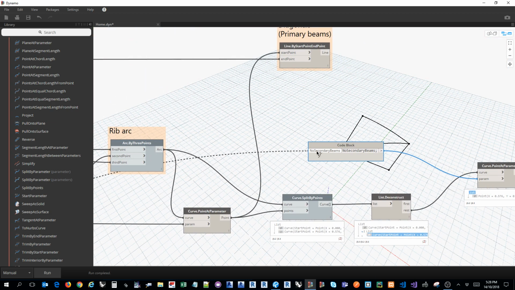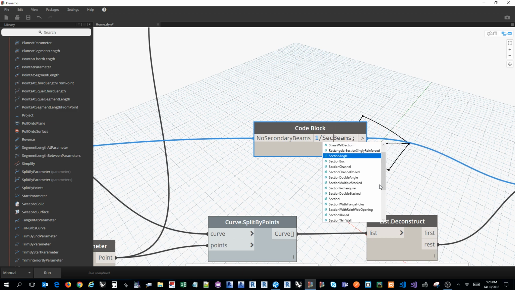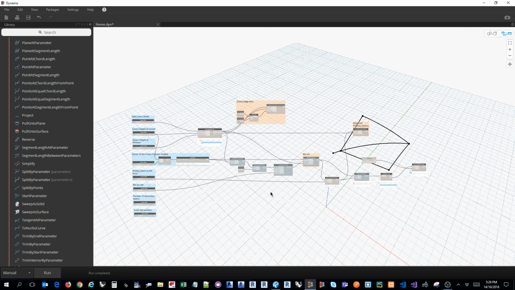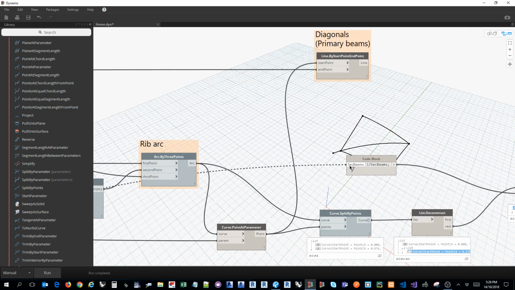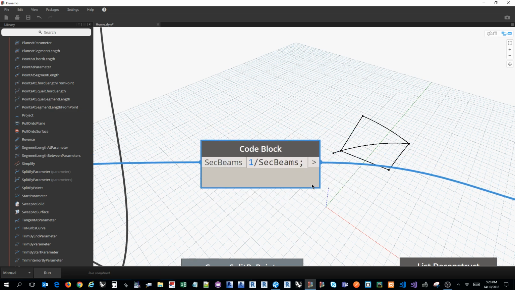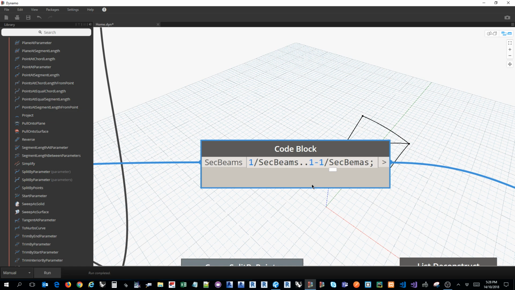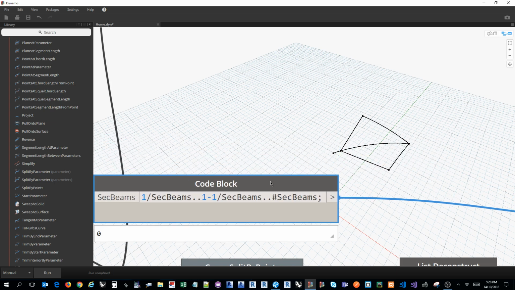And then what we want to do is to start from, let's call it something short. Don't want to start from 0, so we start from the first one. We go to the one before the last one, and then this is the number of